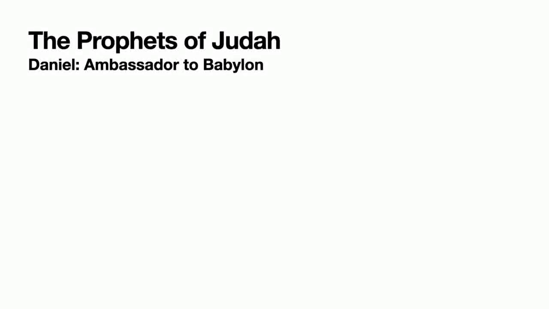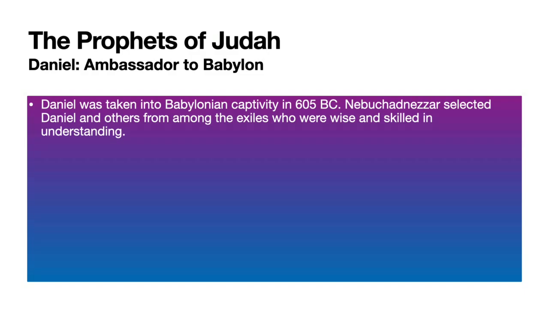The third and final prophet we're going to look at is Daniel. Daniel, I consider him to be the ambassador to Babylon. So he was taken into Babylonian captivity along with the exiles in 605 BC. This is 2 years after Nebuchadnezzar, really for all intents and purposes, becomes the ruler over the nation of Judah. The people began to serve Judah, or rather the people of Judah began to serve Babylon in the year 607 BC. So now 2 years later, a bunch of captives are taken into Babylon.